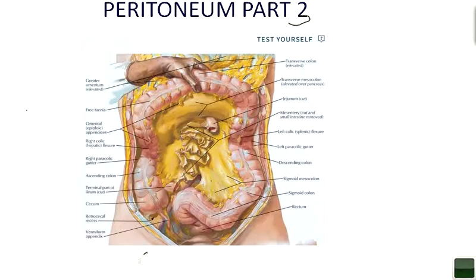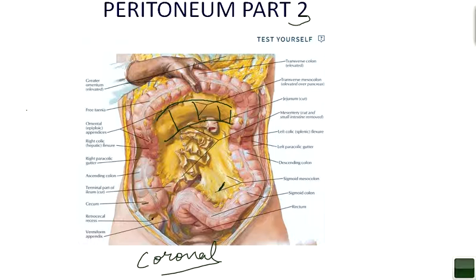So it is a coronal section of the abdomen we are viewing, and in it we see the loops of the jejunum and ileum are cut, and we can appreciate their mesentery attached to the posterior abdominal wall. Here we can see the transverse mesocolon attached to the posterior abdominal wall, as we know how it got formed. I hope you are with me as we discuss the example, and you can imagine how this would have been formed inside the body by nature. And this is the sigmoid mesocolon.